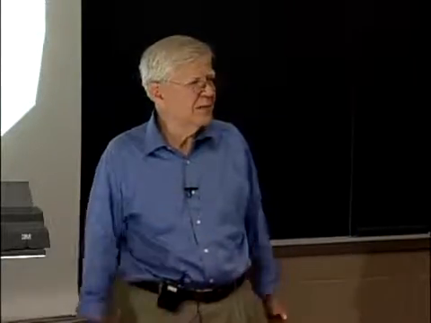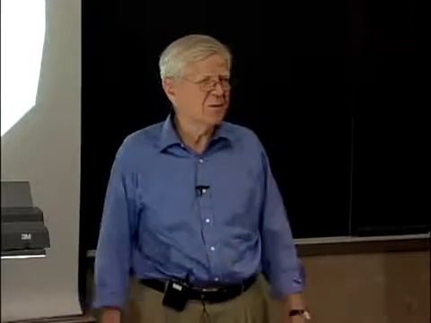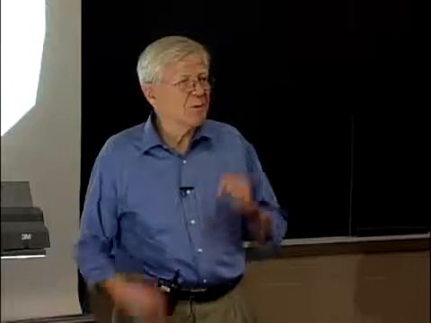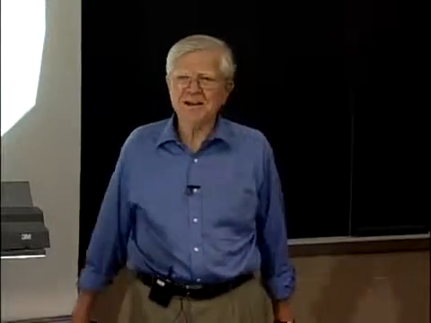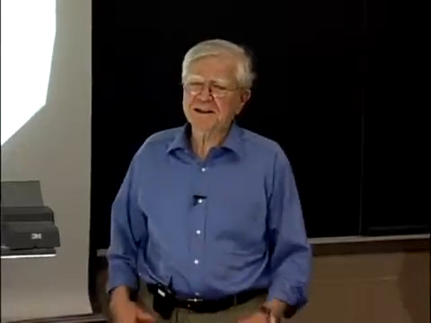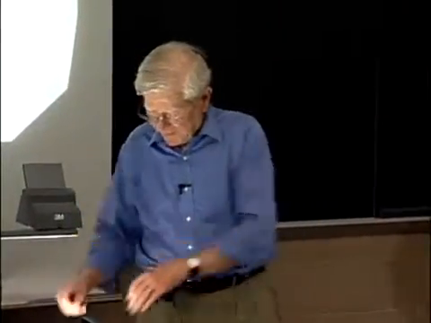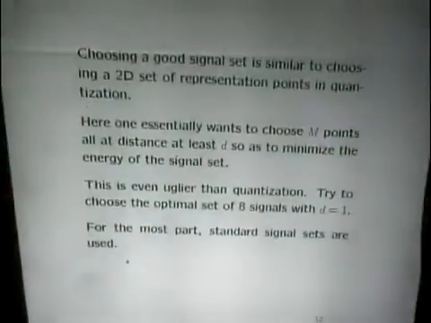You do the same thing for 16 points, and it's just an ugly problem. You do the same thing for any number of points, except for 4 points. For 4 points, it's easy. You use standard QAM, and it's the best thing to do. That problem is easy, but that's not much fun. Okay, so partly for that reason, people use